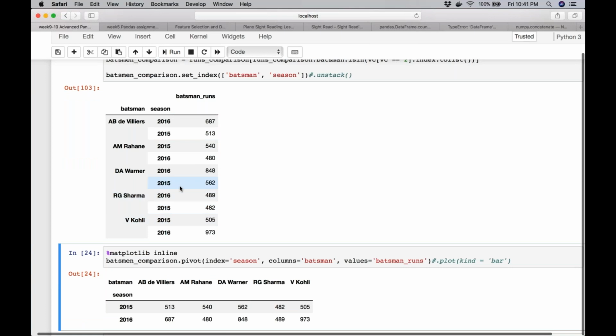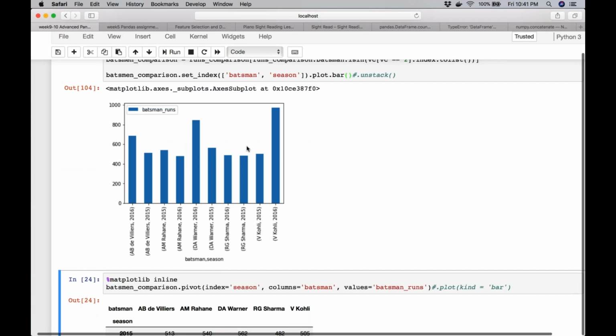Do you remember this code? So when I say plot, I get the bar for each and every one. So I'm getting a D Villiers 2016, D Villiers 2015, then similarly Rahane 15, 16. This is the kind of plot I'm getting, right?